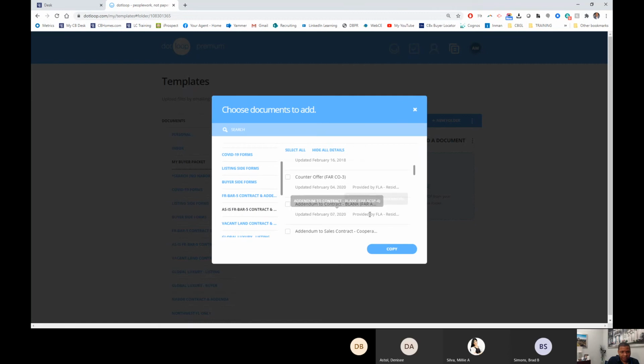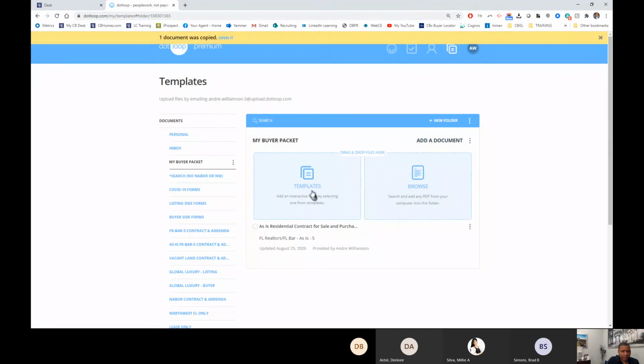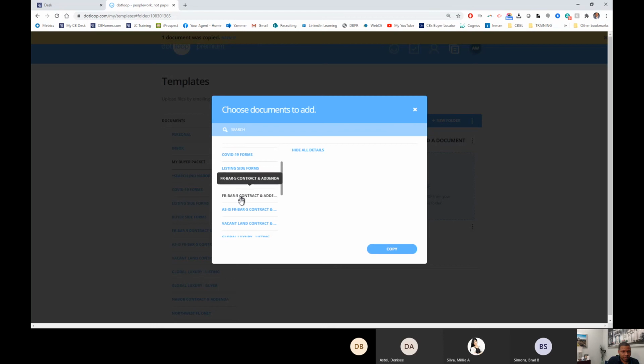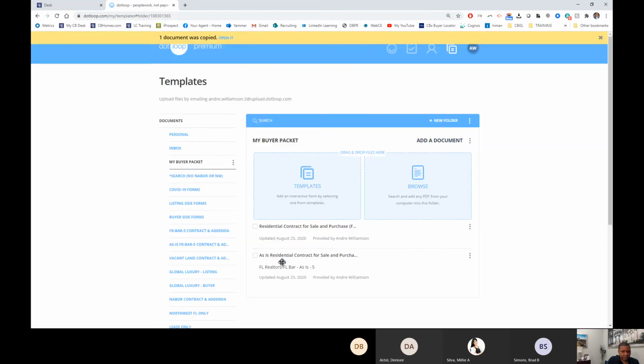I know I need that. Copy that. I'm also going to add the FAR bar contract. Copy that. Okay, so I can pick and choose which contract I want to use